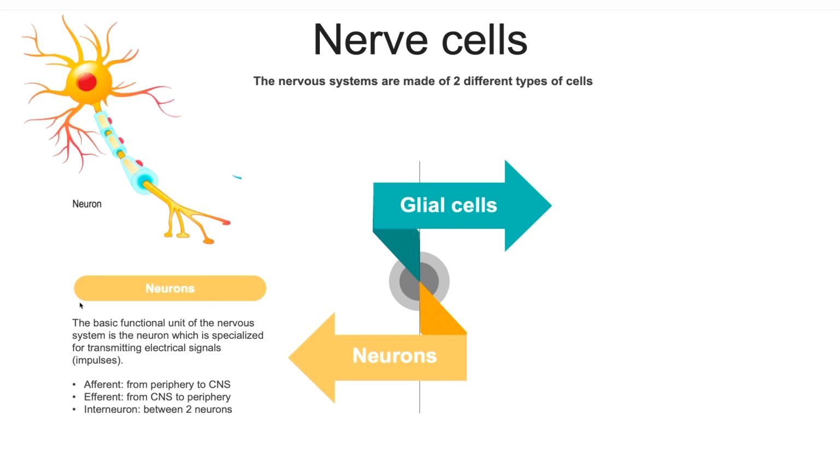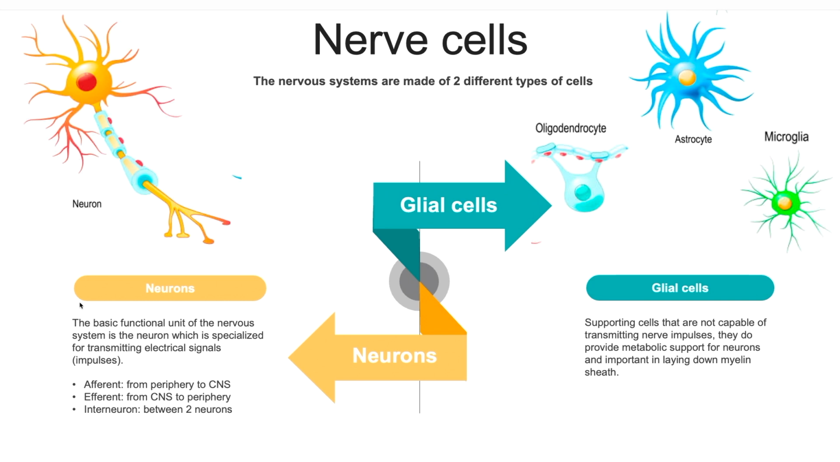So it has the body and the axon. The axon is covered with a myelin sheath. It can be going from the periphery to the central nervous system, and then we will call it afferent. Or the other way around, from the central nervous system to the periphery, and then we will call it efferent. And it can be in between both, then we'll call it interneurons. And then the glial cells. Glial cells mainly support the neuron metabolically, and they also help in laying the myelin